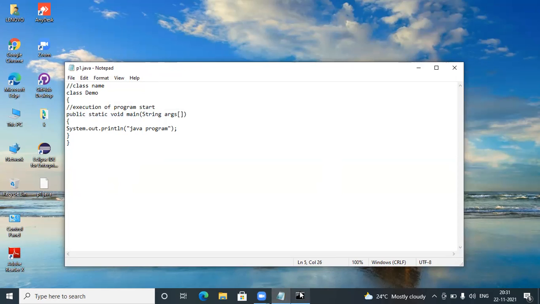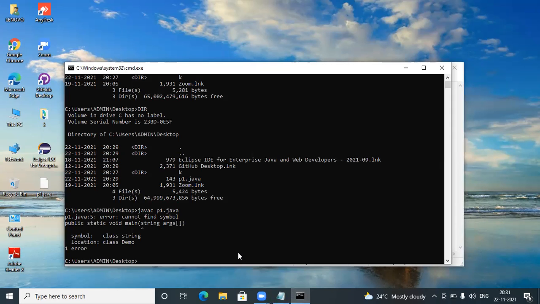Okay. Now again go to the command prompt. Now press the up arrow button. Do you see the up arrow on your keyboard? Four different arrows are there. So the upper one you press. This is a shortcut trick. Press again two or three times so it will come. Yeah. Press enter now.